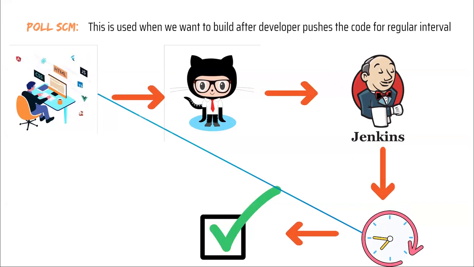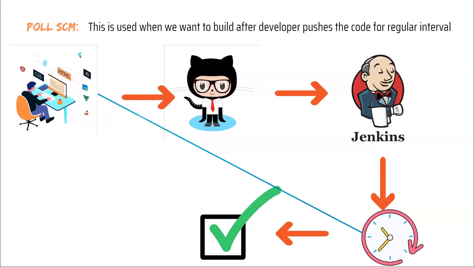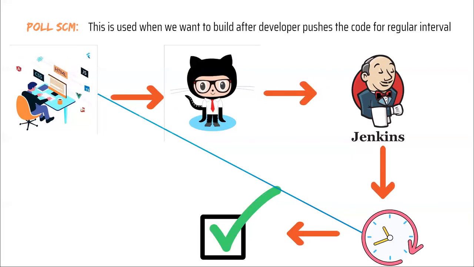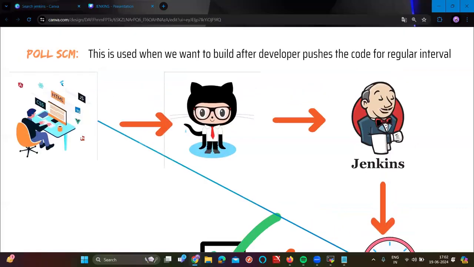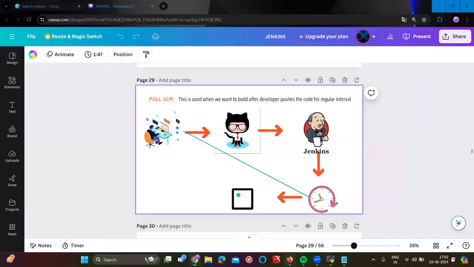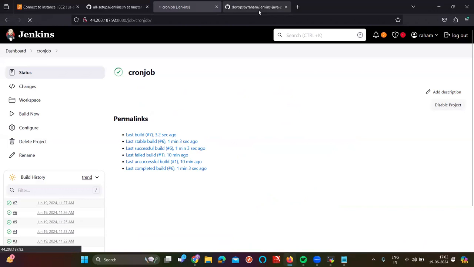Now that means if we compare cron job with Polasium, Polasium will check the source code is changed or not. Polasium, but cron job is checking the source code changing? No. So now let's go and implement this one. Again, configuration will be same. So take the URL of GitHub,